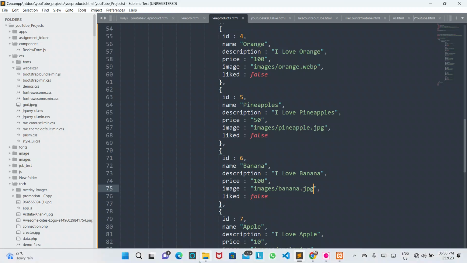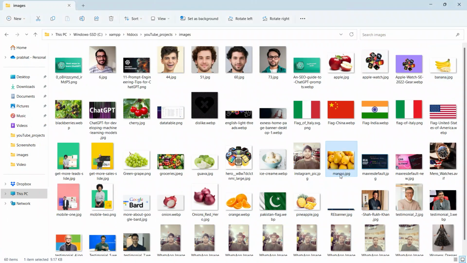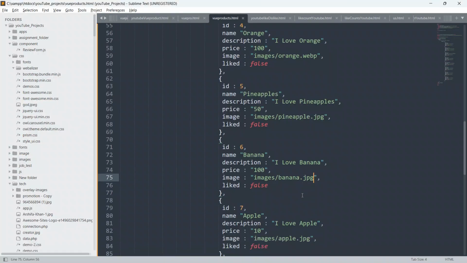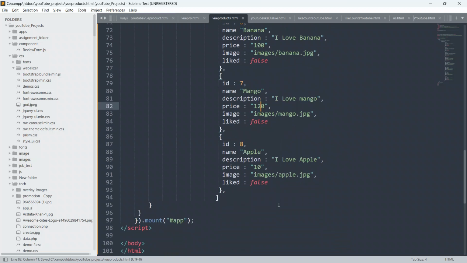Okay, so now this is the mango. So copy the file name from here, go to the code and just replace this image. So yeah, give I love mango as a description, change the name to mango, and give the price as $120, and last one is Apple Watch.